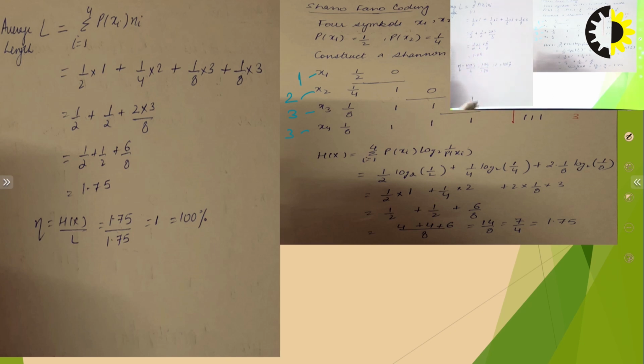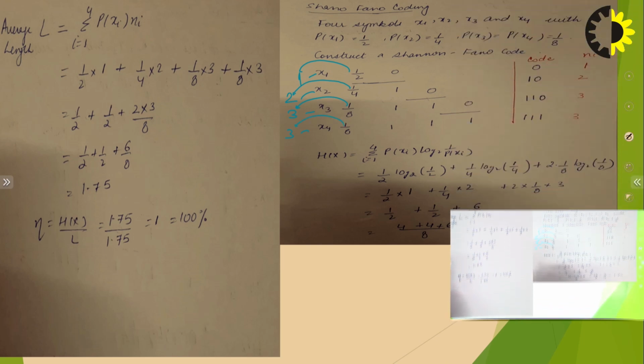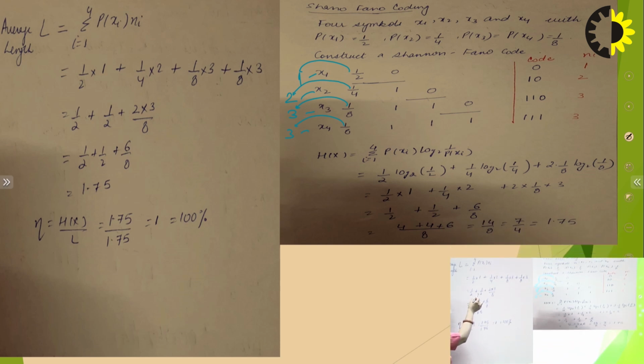So we are just multiplying that length. So you multiply this 1 by 2 into 1 plus 1 by 4 into 2 plus 1 by 8 into 3 plus 1 by 8 into 3. So you just do the addition and multiplication. So what you will see is 1 by 2 plus 1 by 2, and on solving you will get 1.75. Right? So this is the average length L. So previously we found out entropy. This is average length L, and then you may be asked to find out efficiency. So efficiency is Hx upon L. Right? So L here is 1.75.